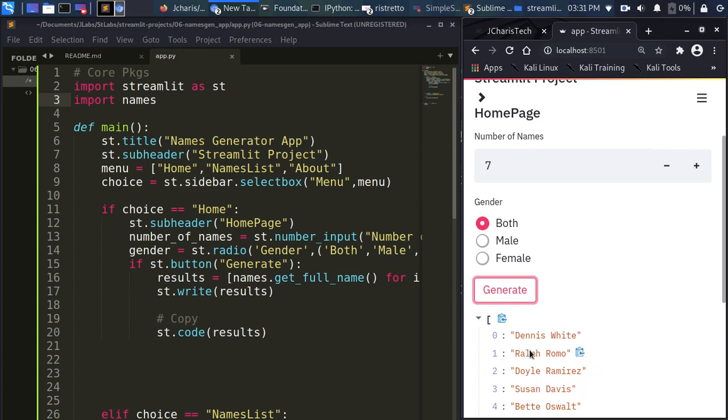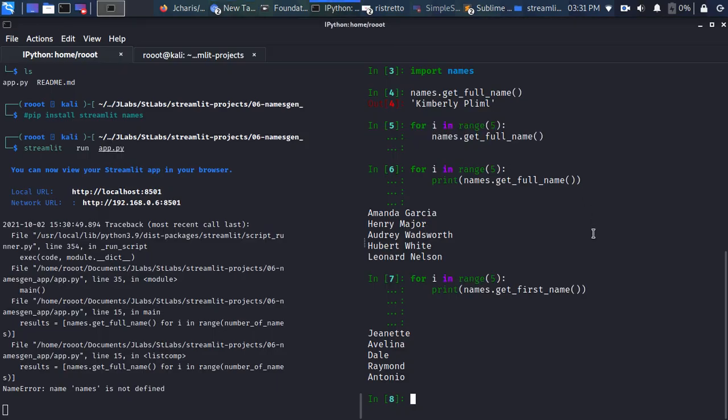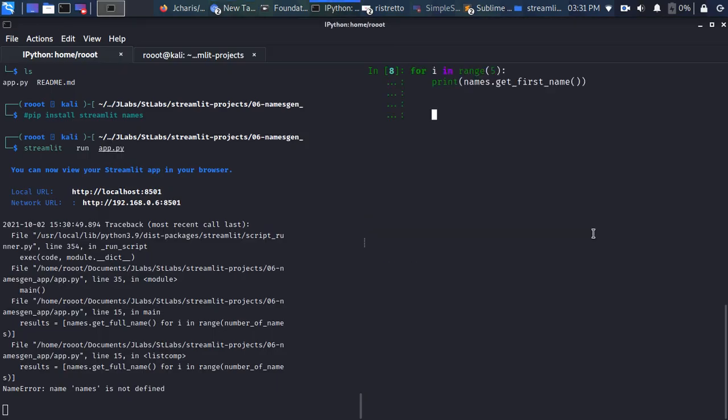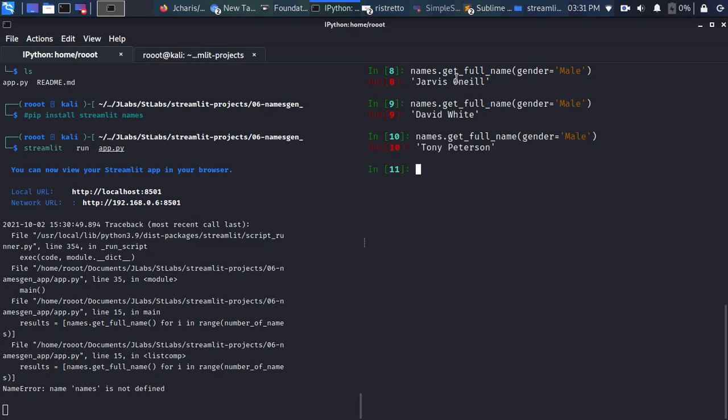So how do you select only male names or female names? This package also gives you the option of doing that. If I go back again to the same thing we did here, in case I want to get only male names, I'll just specify the gender. Specify the gender as male, right? By specifying the gender, you're only going to get that particular kind. So if I go with this, it's always going to give me a male name. Always a male name, right? If I change it from male to female,